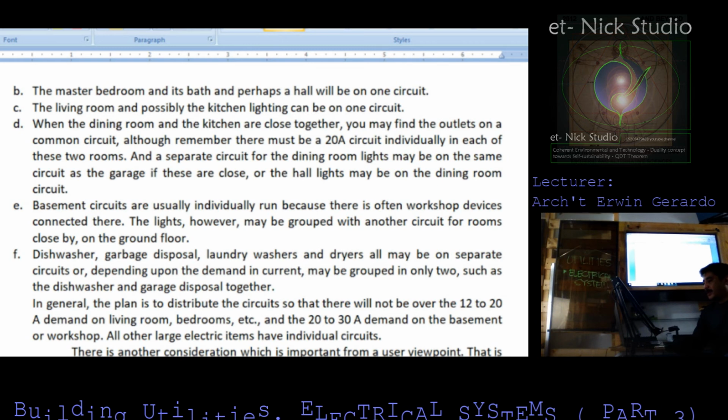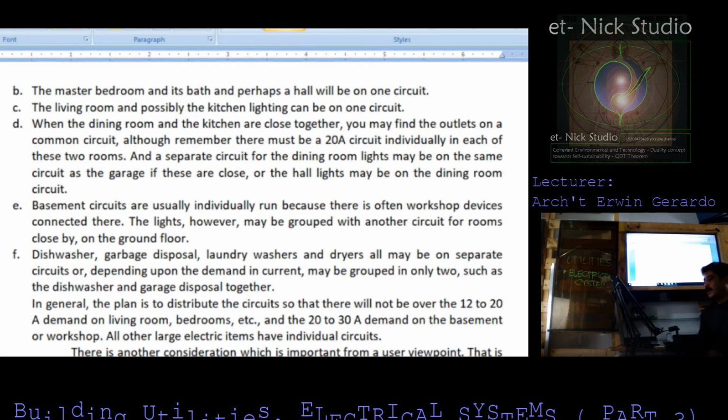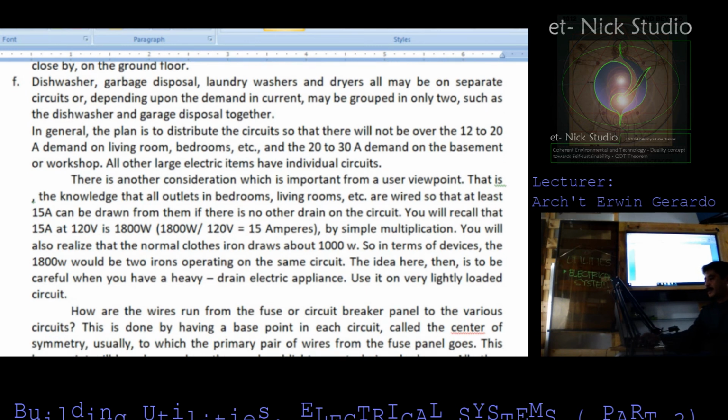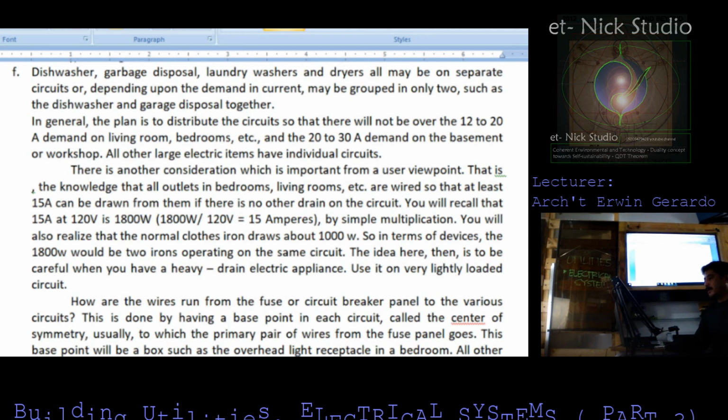Letter E, basement circuits are usually individually run because they are often used for workshop devices that are connected there. The lights, however, may be grouped with another circuit for rooms close by on the ground floor. Letter F, dishwasher, garbage disposal, laundry washers, and dryers all may be on separate circuits, depending upon the demand in current. May be grouped in one or two, such as the dishwasher and garbage